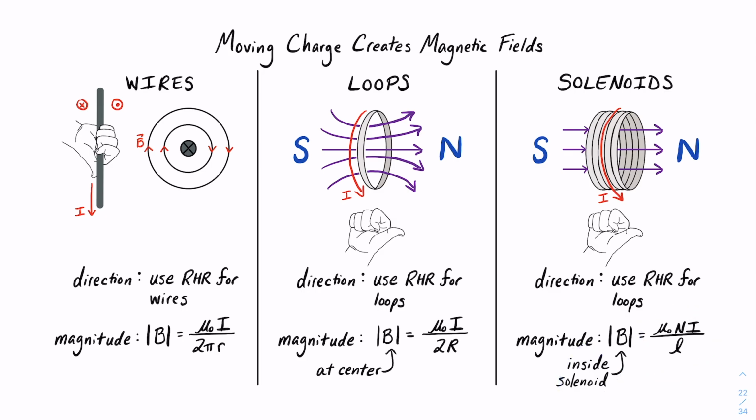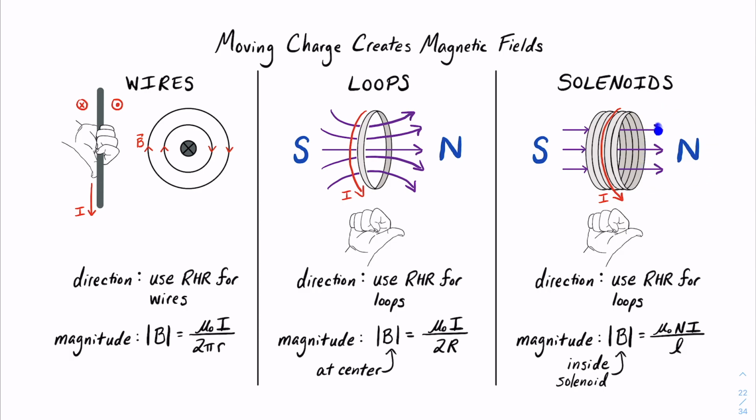solenoid is given by this equation, where mu naught is a constant, n is the number of loops, which for this solenoid would be 1, 2, 3, 4, 5, I is the current, and L is the length of the solenoid. Like what we saw for our current-carrying loops, solenoids also act like bar magnets, where on this side of